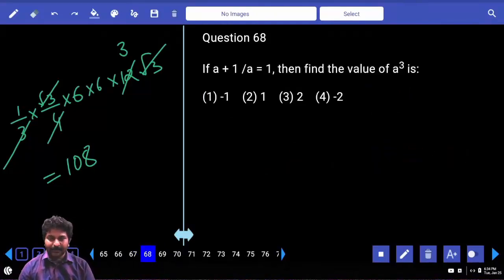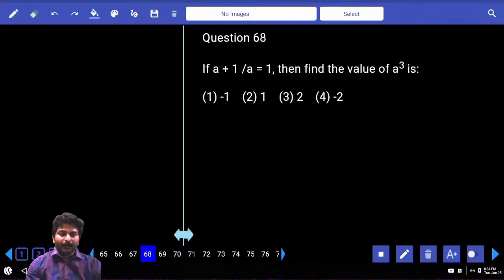Next, 1 plus 1 by a is equal to 1. So from this,